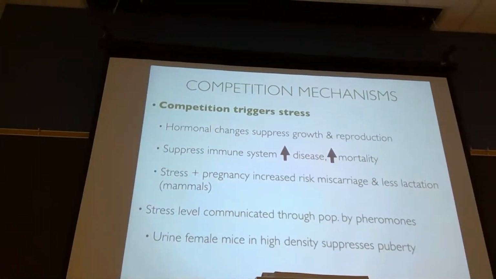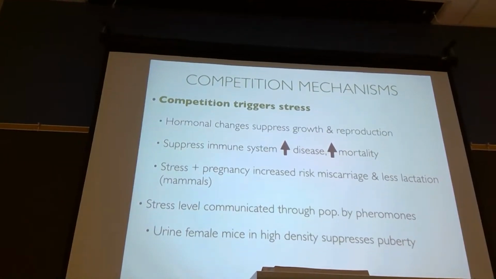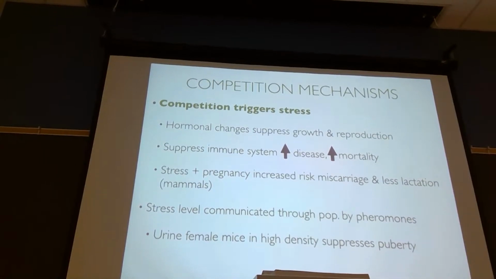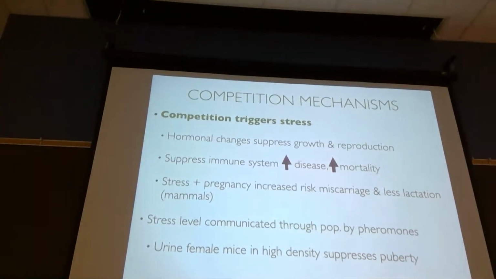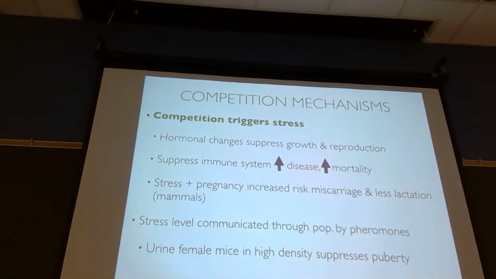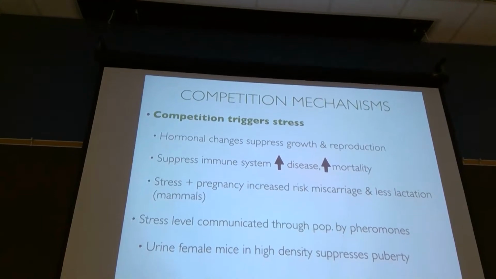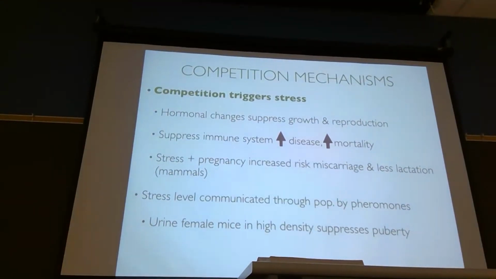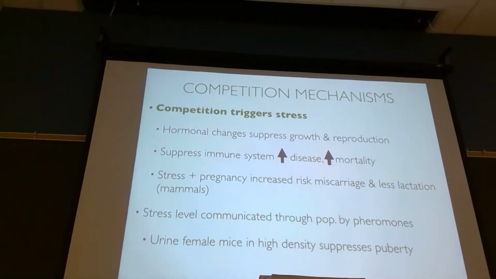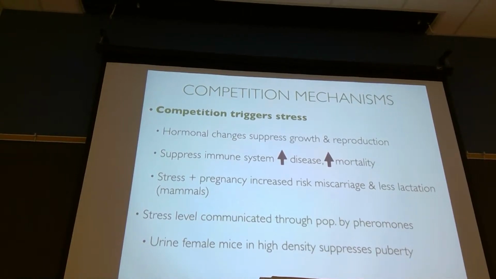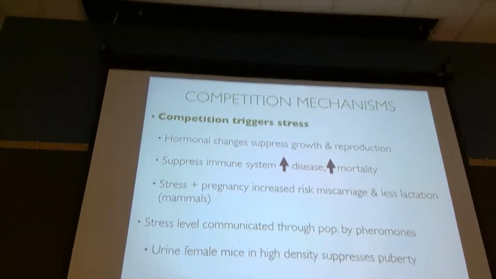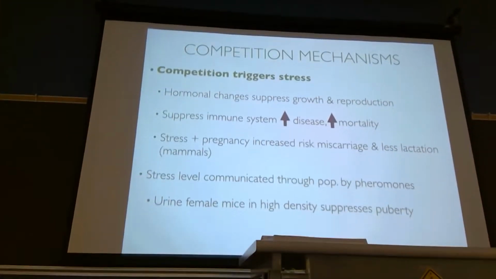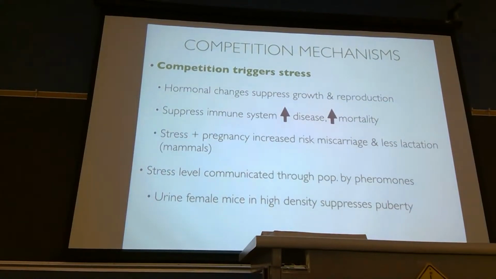It's pretty cool. These types of experiments that look at the physiological mechanism of competition that actually results in changed growth, survival, and reproductive effort are really interesting because we can measure things like decreased reproduction. We can measure things like increased mortality, and then it's like competition causes it, but why? Okay. One of the things that competition can do is that it triggers stress. And stress causes these hormonal changes, which then physiologically can affect growth, survival, reproduction.